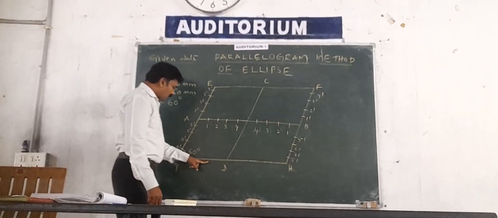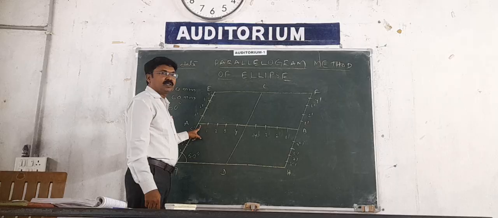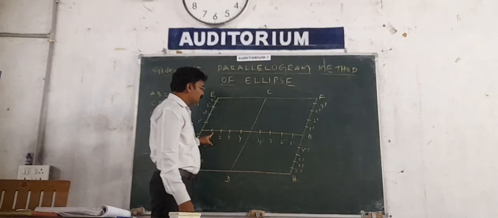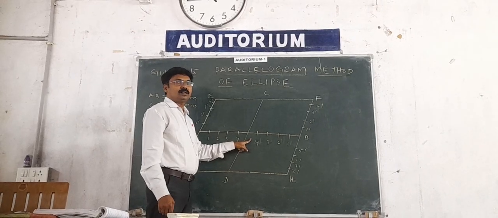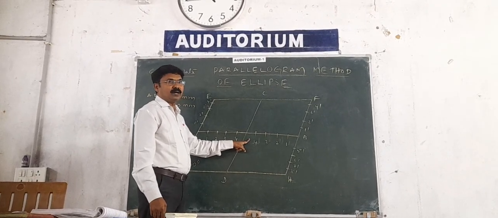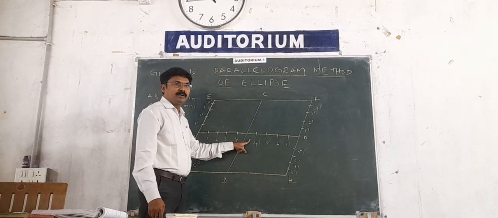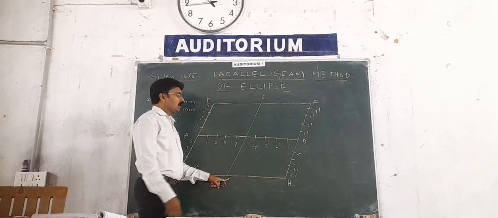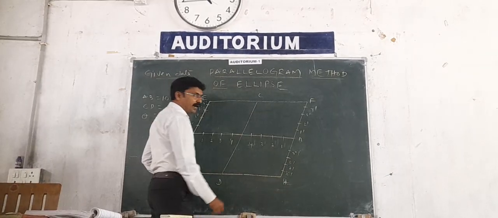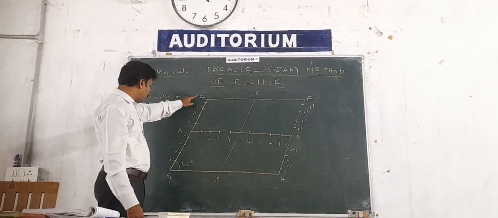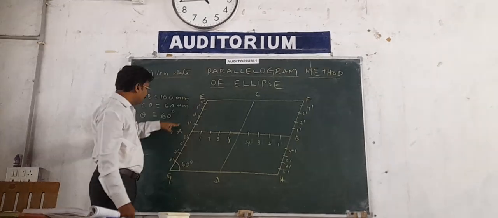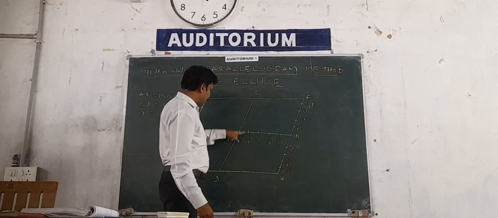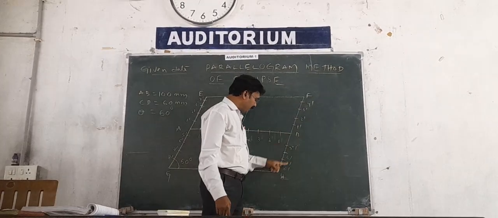Then draw a line equal to the length of AB from C, parallel to AB, and draw another line equal to the major axis AB, 100 mm from D. Now complete all the sides, named E, F, G, H. Join E, A, G, and it is O, the center point, C, O, D, and then F, B, H.